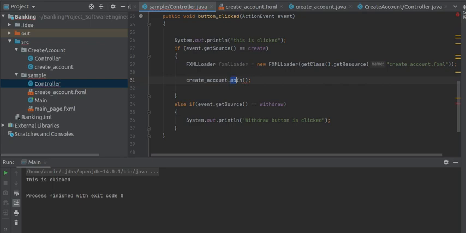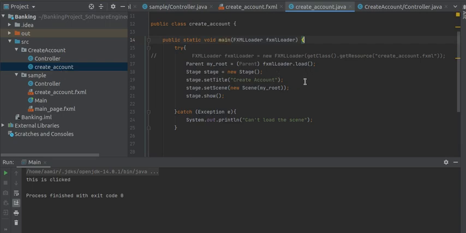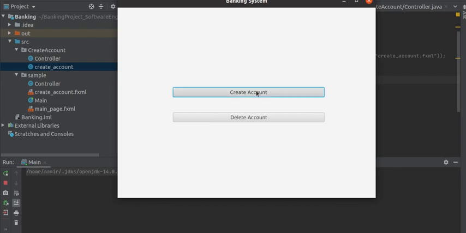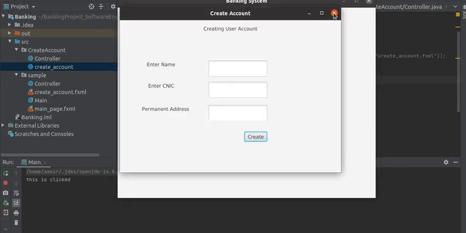This is the static function, and in this just give the object of this loader file. This is another file, it should be present here, and now I want to work on this in my other package, so it will make my code a little cleaner. Let's run this again. It should work fine. Okay, now this other scene is loaded correctly.